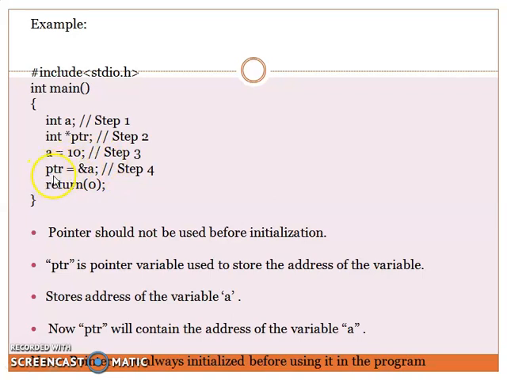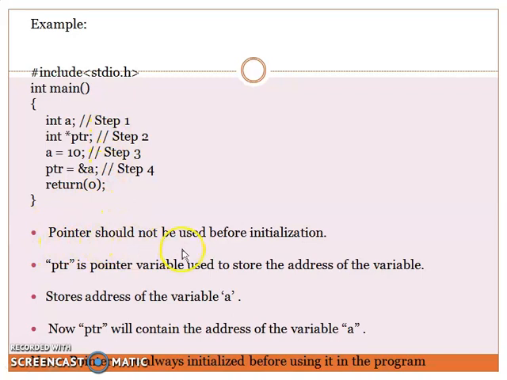What is the work of a pointer variable? A pointer variable can hold the address of another variable. So that procedure is done here. In the initial step, we declare one ordinary variable, then we declare one more variable of type pointer, then we assign some value to the ordinary variable, then we assign the address of that ordinary variable to the pointer variable. This is how a pointer variable is declared and initialized with a value. So this is a common procedure used for all pointer variables. When we use a pointer variable in any program, the same procedure is followed.